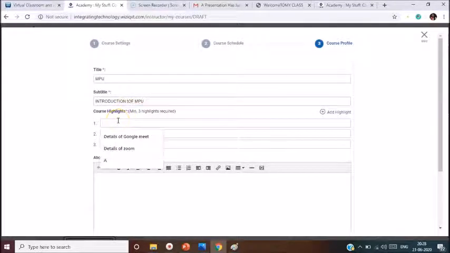I also need to highlight the course. So I can write here Introduction, examples, and applications.